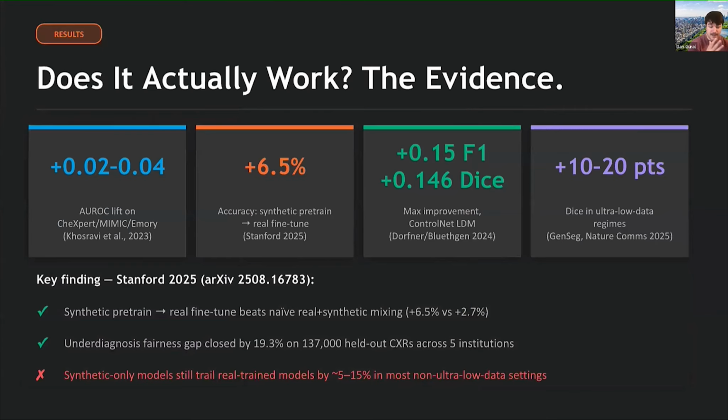So how does this work? Does it actually work? Well, here's the evidence that we have so far. Going back to the original chest X-ray, we saw minimal improvements when we were using these older diffusion-based methods or GANs. However, as we move to the more recent scenarios, the synthetic pre-trained plus real fine-tuned method is showing improvements anywhere from 6.5% to 10 to 20 points in certain Dice locations for these ultra low data